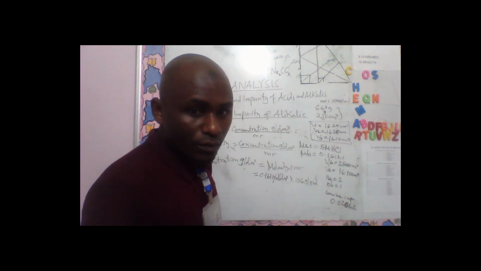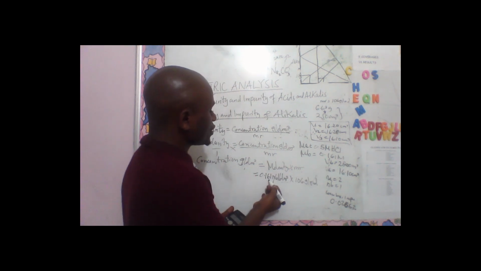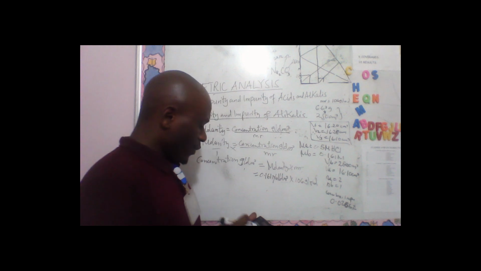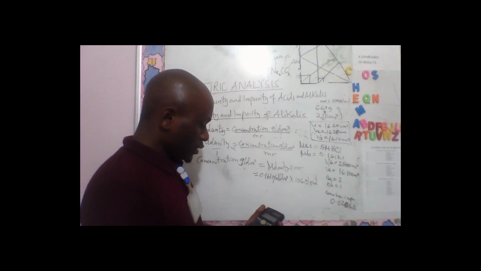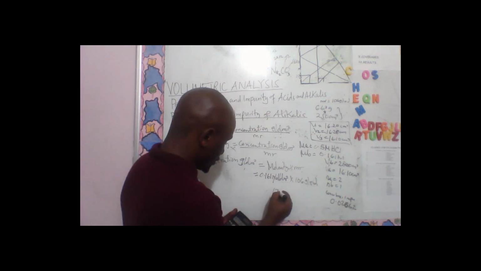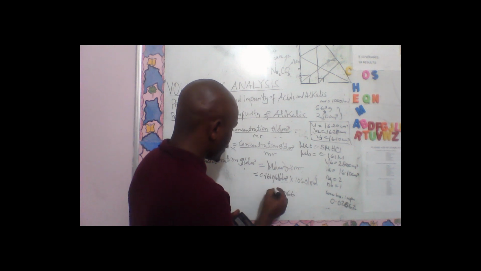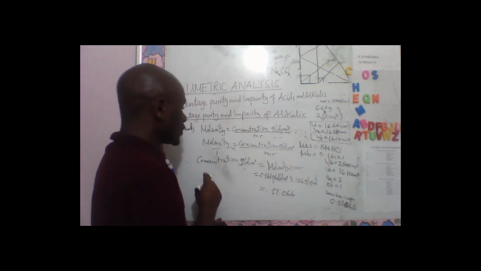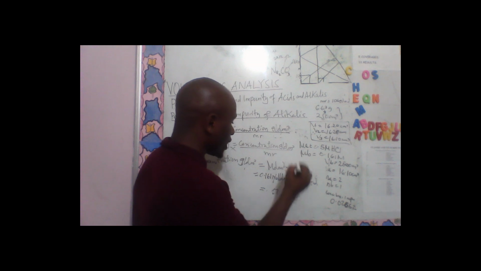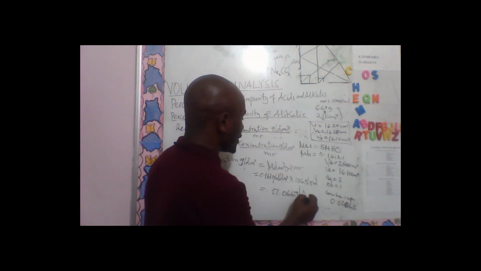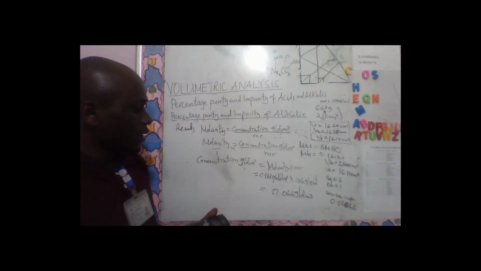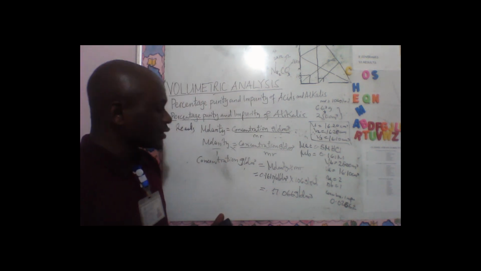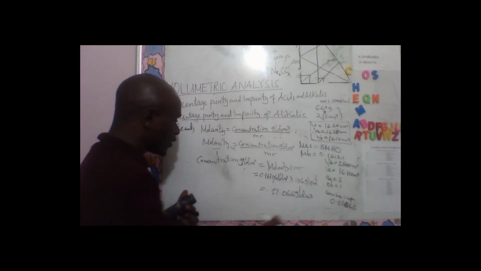So here, 0.161 times 106, we get 17.066. This is equal to the concentration, in grams per decimeter cube. After obtaining that 17.066, this is the concentration